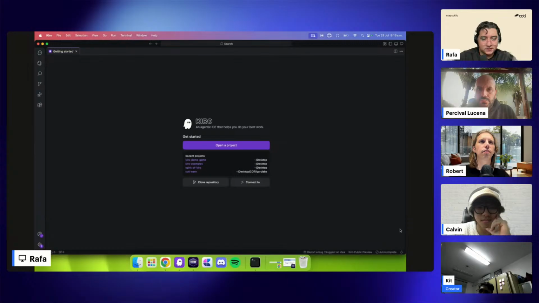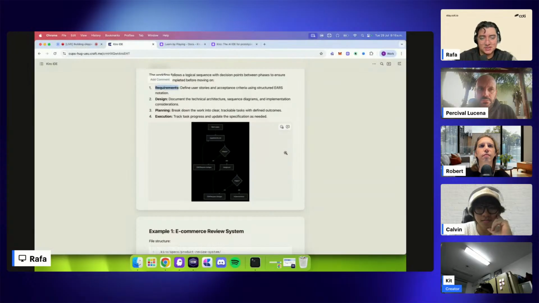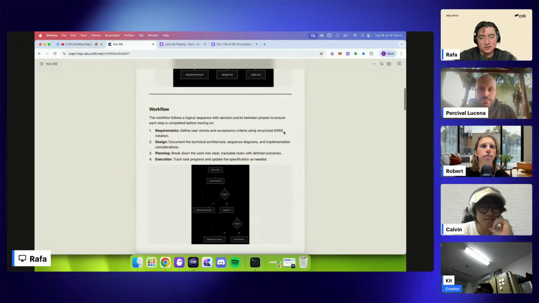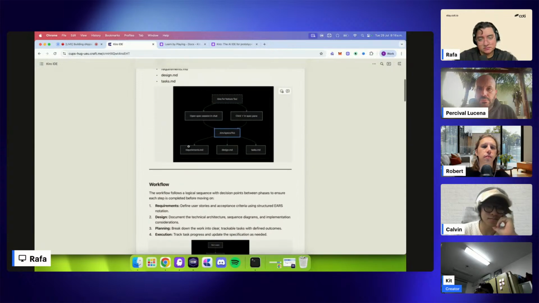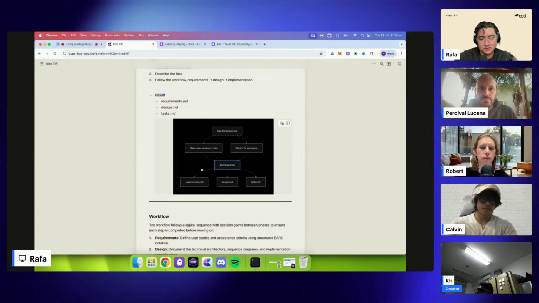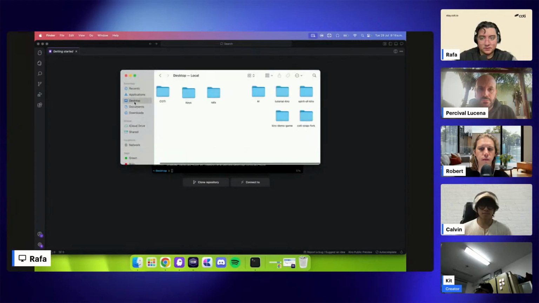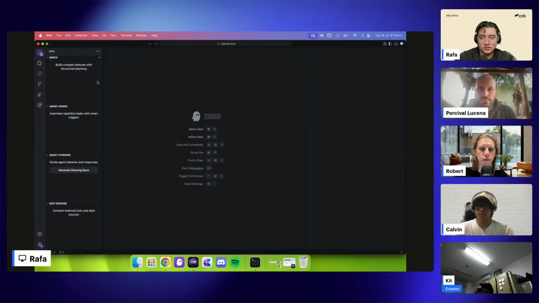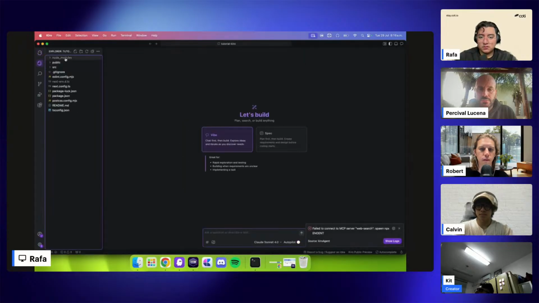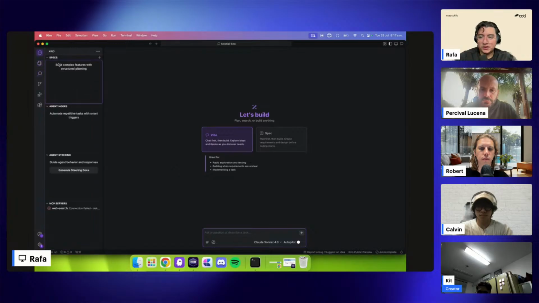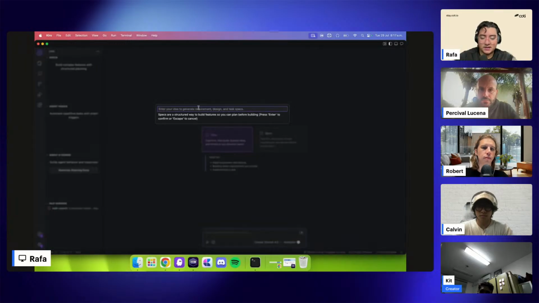So we're going to start with this just to check the workflow, but you can also check with any code you have. And it's so easy. This does not have a lot of limitations. Okay, there we go. It's on the desktop. I'm going to open my project that is right here. Okay, so we have our project right here, and we go with Kiro, and I'm going to create a spec,